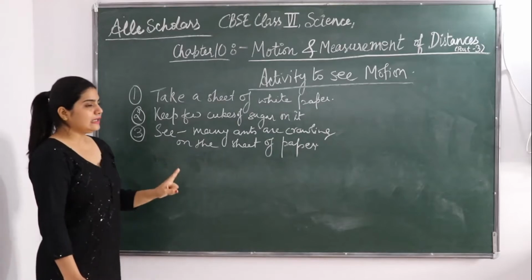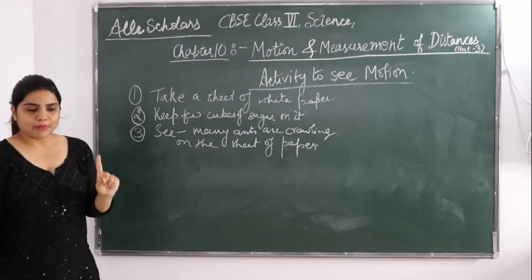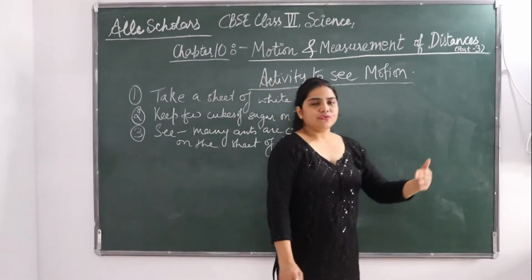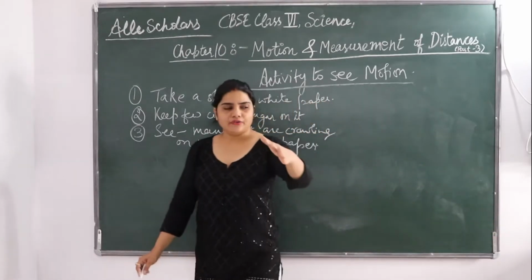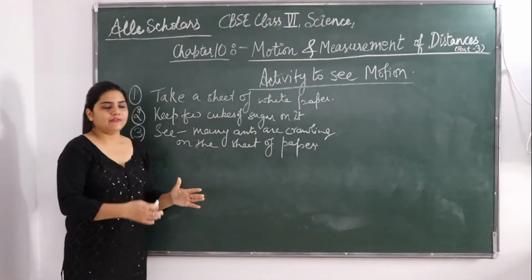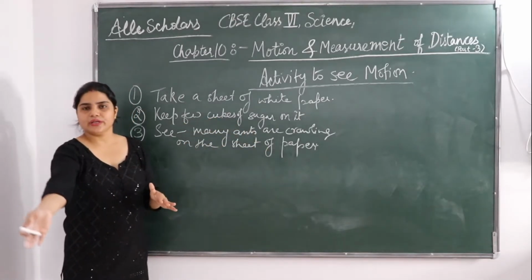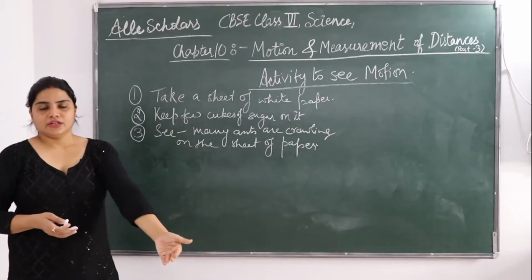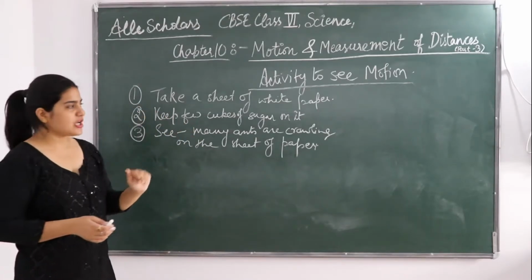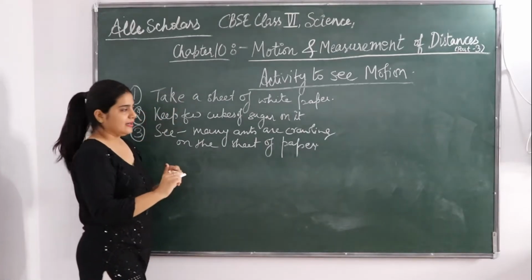Next, what you have to do is follow any one of the ants, not all the ants. You have to keep marking the position of any one of the ants. After a few seconds it moves forward or somewhere, and after some time it goes on to the other sugar cubes. So like this the ant is going to change its position and you have to mark it.